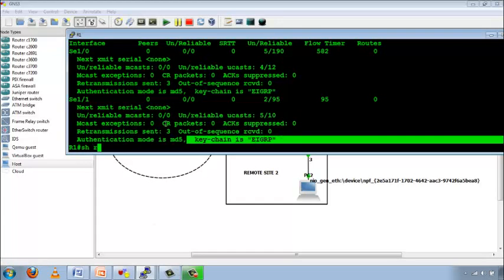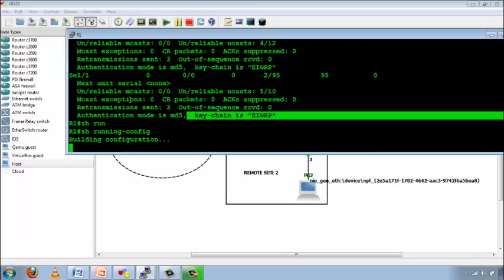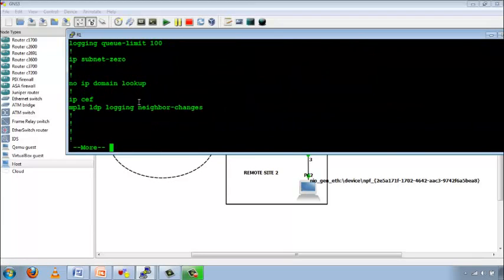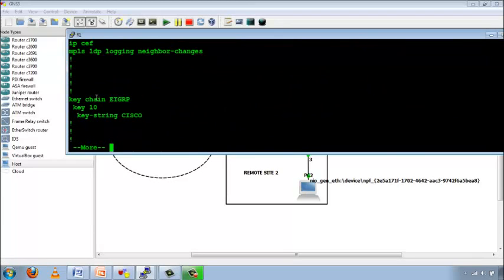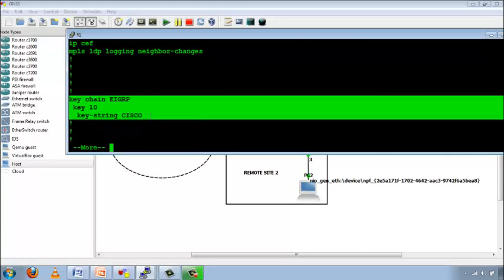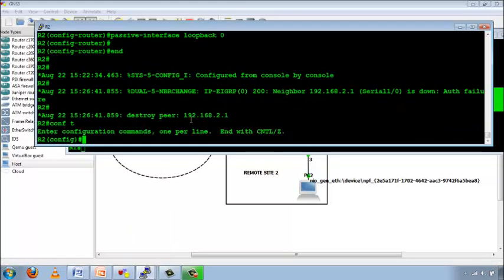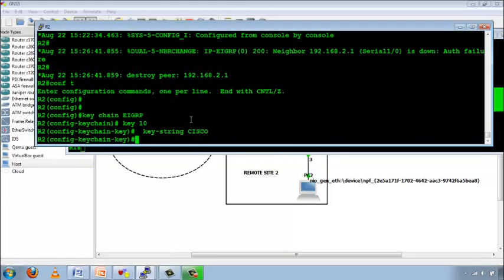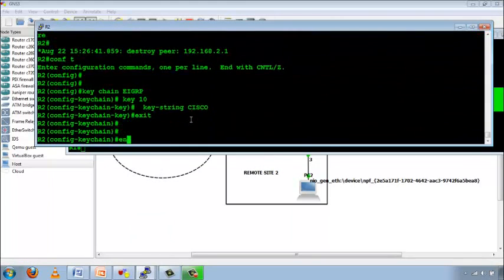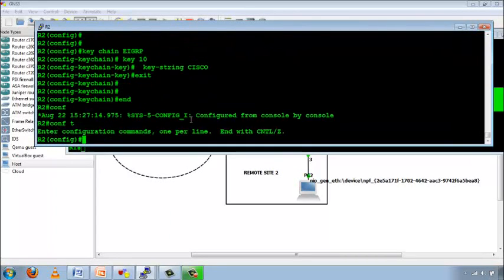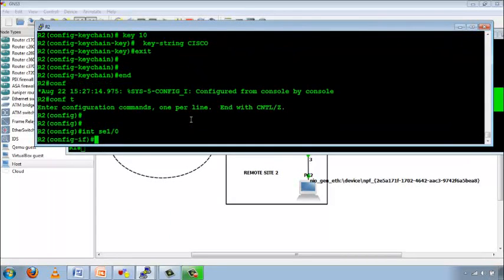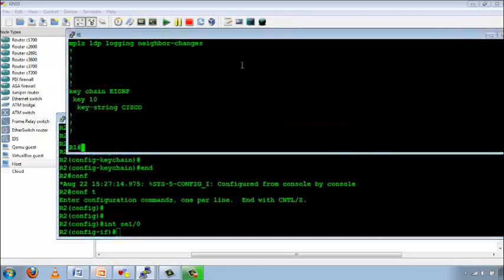Let me say show running config, because I have to put the same commands on all the routers. So I'm going to copy the keychain configuration, which is this one. My keychain is eigrp. I'll go on router number 2, go to the global configuration mode and paste this. Then I'll say config t again, interface serial 1/0, and then I need to say what will be the